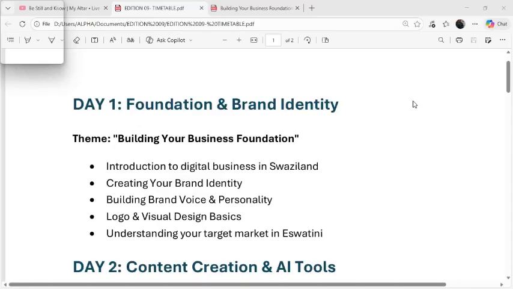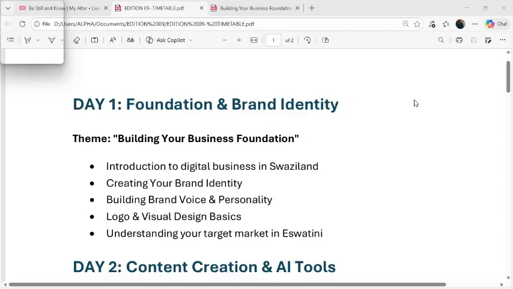So today it is day one, so I'm going to be looking at this right here. We're going to be covering foundation and brand identity, ne? The theme of today's class is building a business foundation. We're going to cover introduction to business, digital, and then creating your own brand identity, and then we are